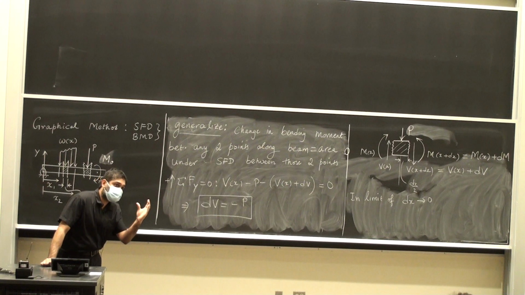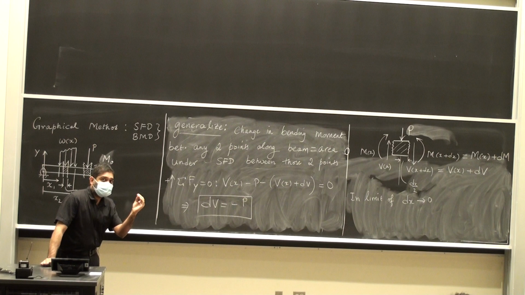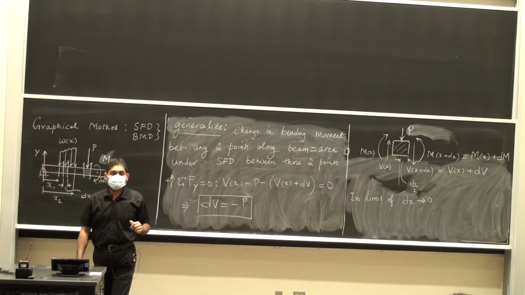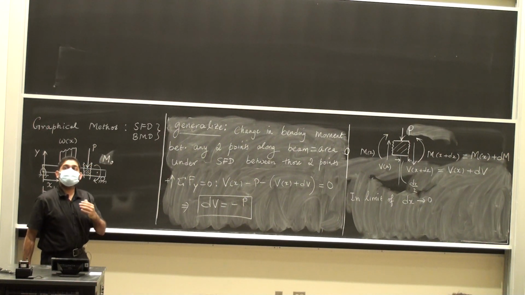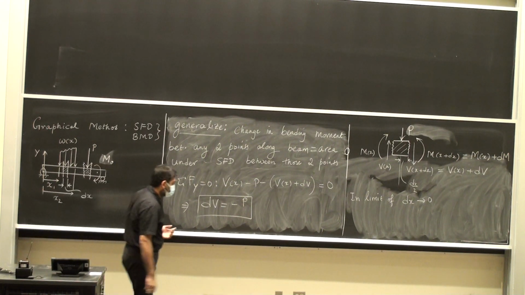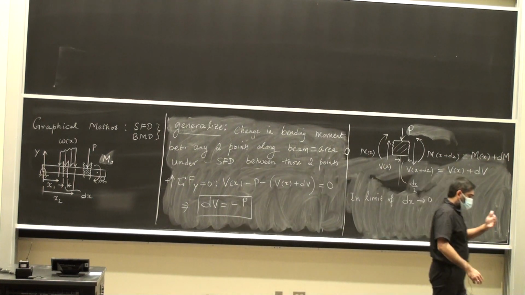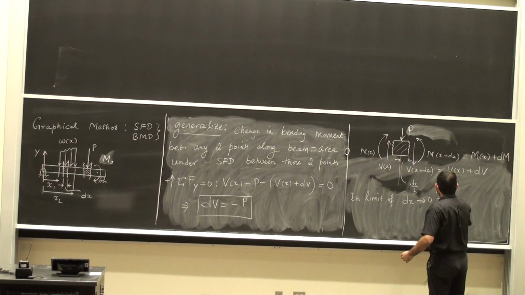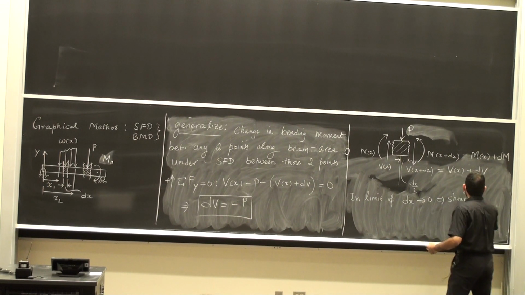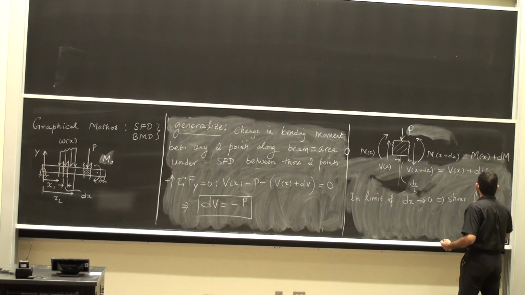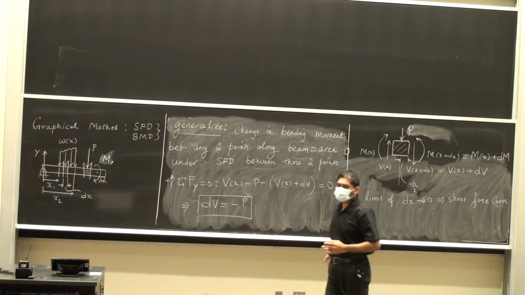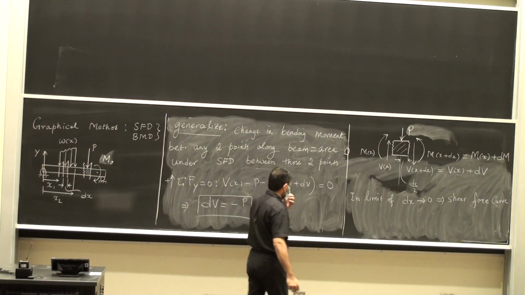So in the limit of this distance dx getting closer and closer and closer to 0, the change in the shear will see a discontinuity. Delta V becomes equal to minus P. Okay, so the change in the shear between that small dx right and left, okay, the shear force diagram. I call it a shear force diagram or a shear force curve, it's all the same thing. Okay, shear force curve, we'll see